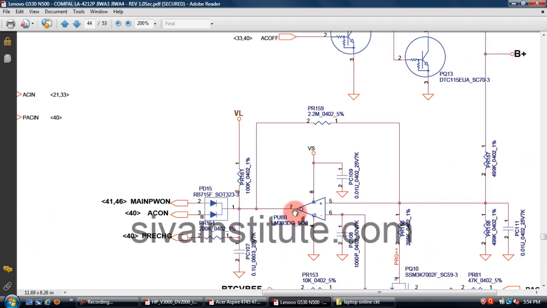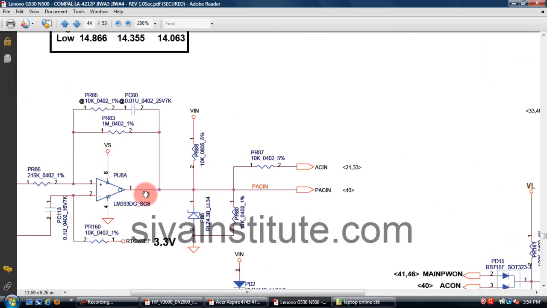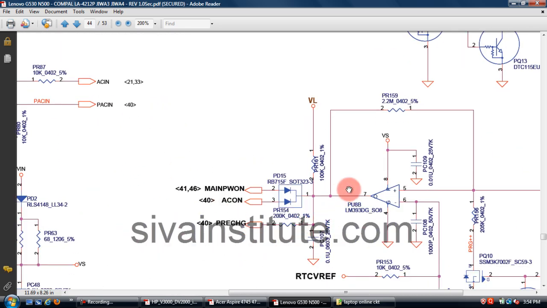You should check pin number 7 and 1, whether voltage is there or not. If there is no voltage at this point, you should check these 2 points. If there is no output voltage at this point, you should check these 2 points. If these 2 points voltage is okay but there is no output at this point,